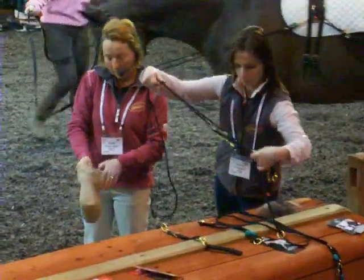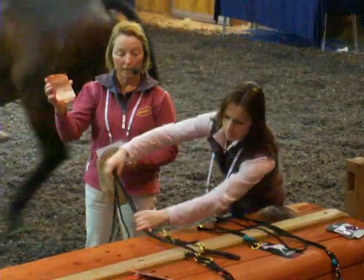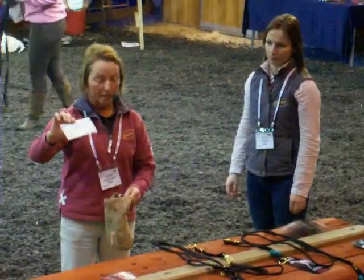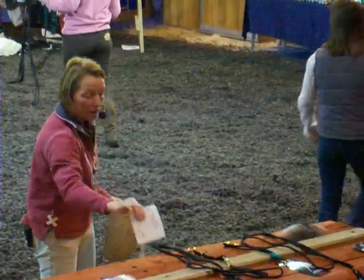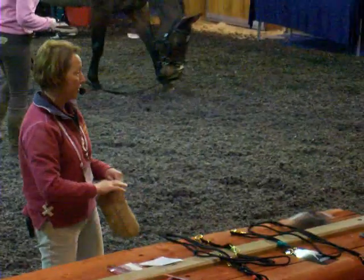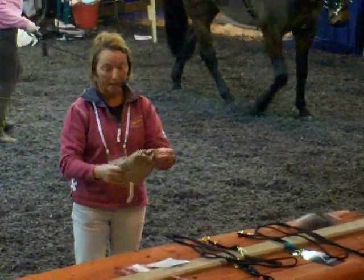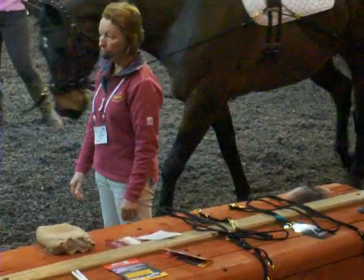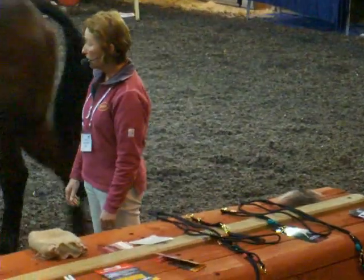It also comes with printed and fully illustrated instructions, and a short DVD with 5 little clips on it that's the equivalent of us just coming and showing you how to put it on and how to use it. And it all goes back into the little bag at the end of the day. Now, so everything that we see there, as long as you've got a cavesson and a roller at home,